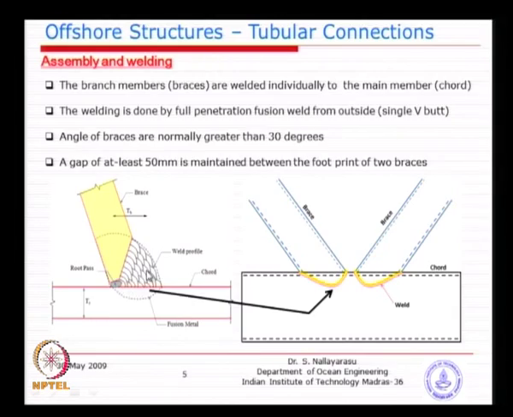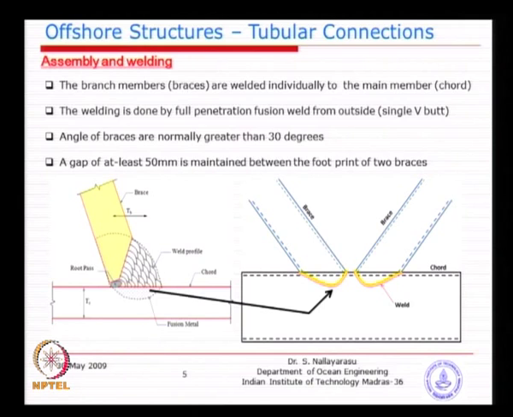Okay, so today we will continue to look at the tubular joint design. You can see from the picture on the left side that the welding is made in multiple passes. It might look so small in this diagram, but actually this width depends on the thickness of the plate. Whatever the thickness of the plate, say it is 50 mm, you will see that basically from here to here maybe 70 mm and then another 70 mm. So, it is quite a large area where you need to do the welding.